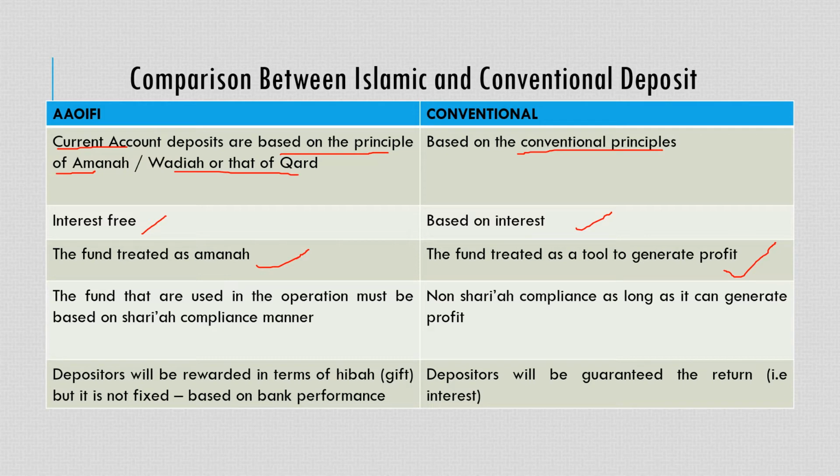So the funds used in the operation must be based on the syariah compliance manner. Dia kena follow syariah compliance. This one non-syariah compliance. And the depositors will be rewarded in term of hibah. Hibah is gift, but it is not fixed, based on bank performance. Tapi kalau conventional, depositors will be guaranteed the return. Contohnya interest. Conventional selalu yang biasa kalau kita pergi kalau dekat mana-mana je lah,